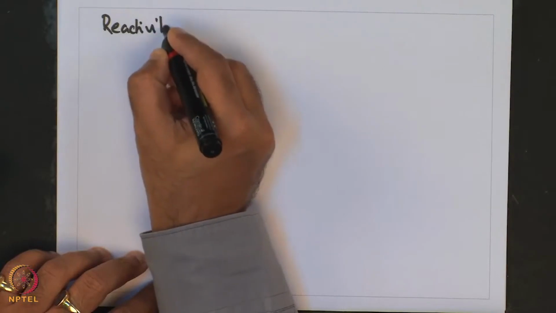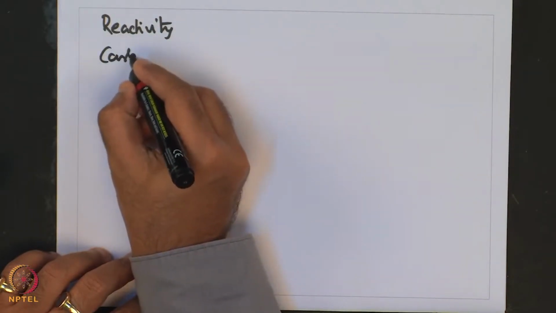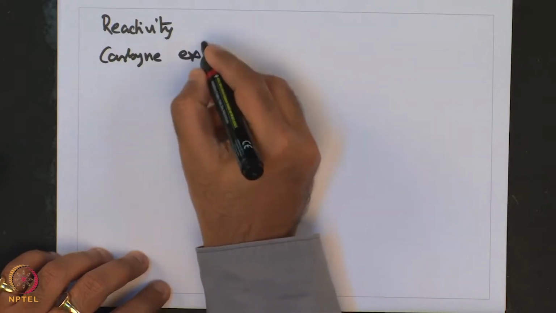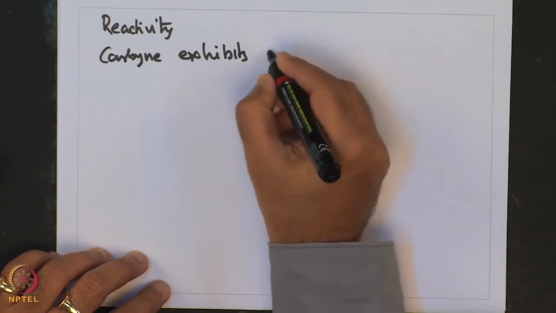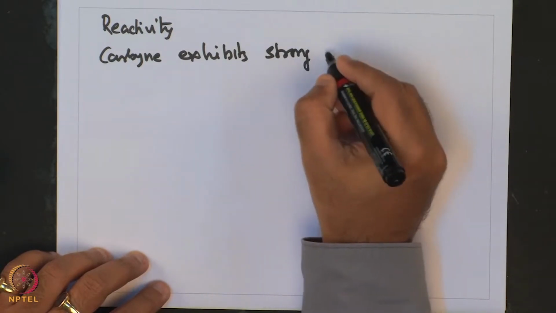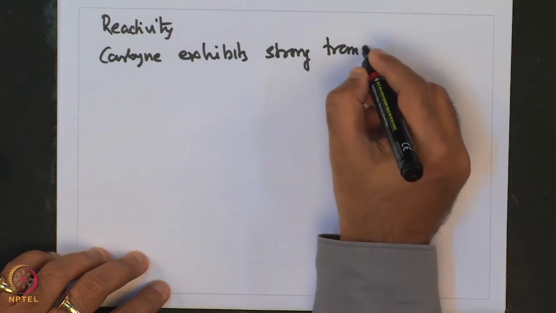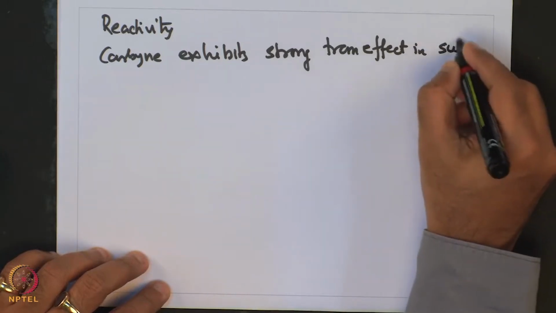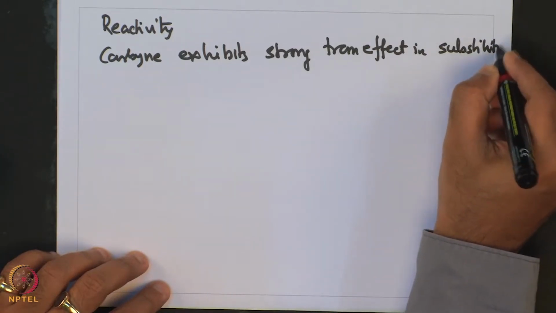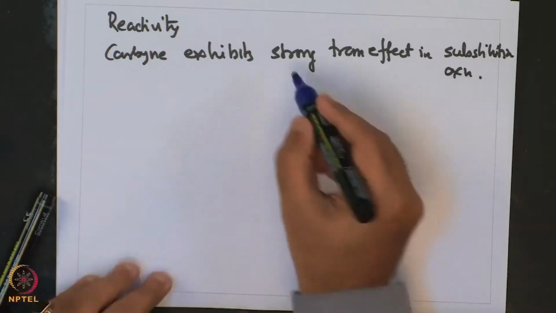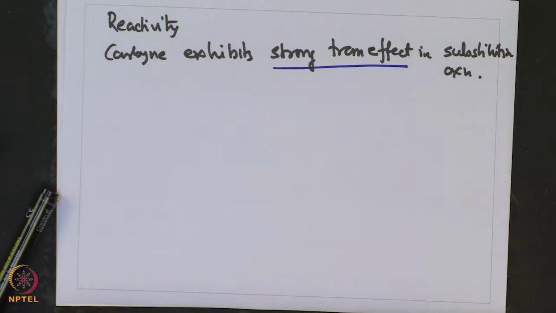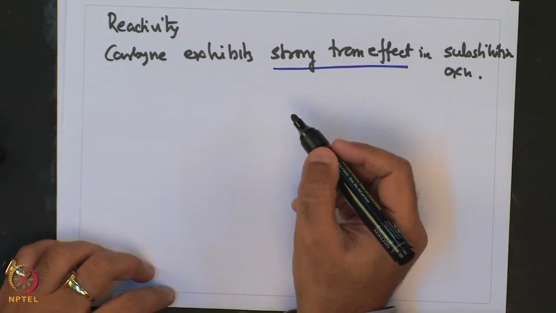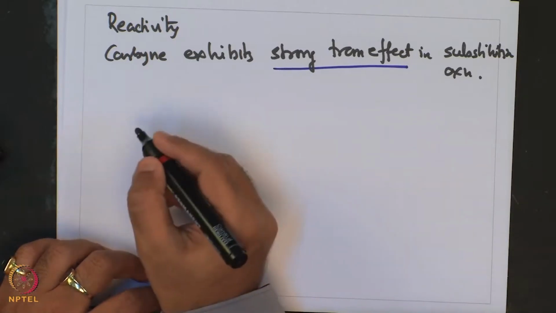So, reactivity wise, carbyne exhibits strong trans effect in substitution reaction. Strong trans effect means a ligand found disposed trans to the carbyne moiety would get displaced. For example, for this complex,